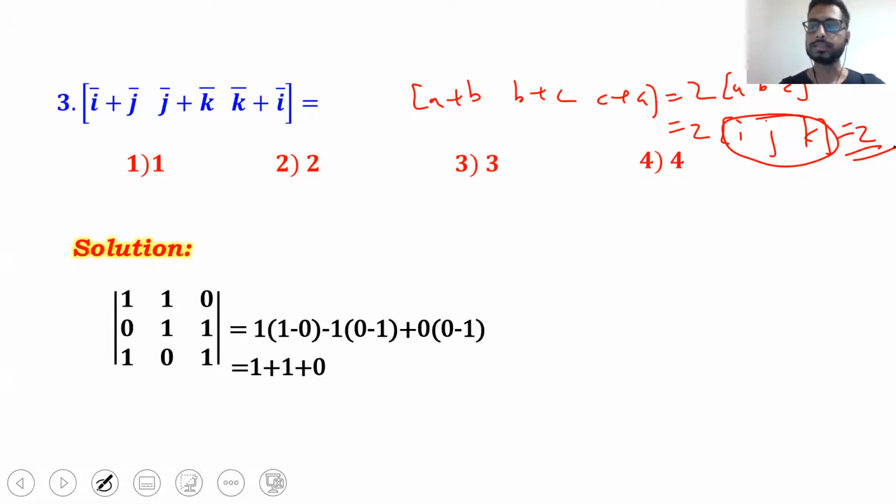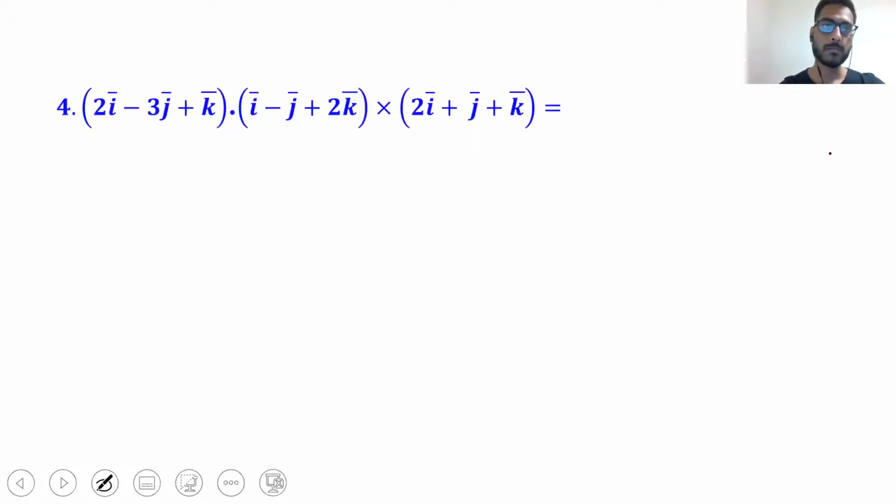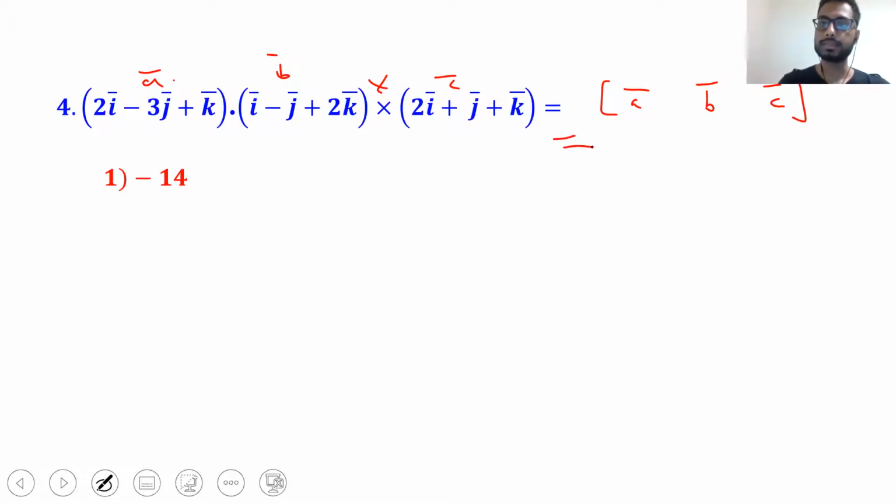Other way of solving is this, where you can write it in the determinant format and then expand. Answer is 2. So you can either go by this method or you can go by this method. This is in the form of A bar dot B cross C, which is nothing but your scalar triple product or box product [A, B and C]. And for [A, B and C], I can simplify this by using my determinant. Determinant would be 2, minus 3, 1, similarly write other terms and expand the determinant.